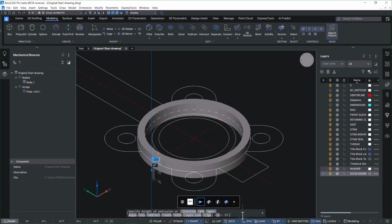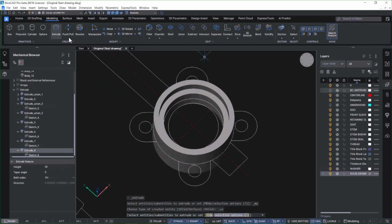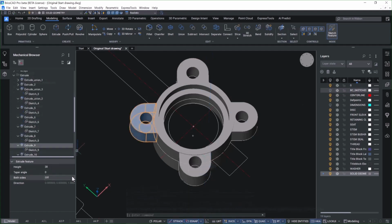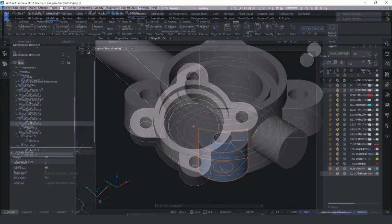So it's really quick to lay down 3D geometry in the modeling space. To work smarter, in V25, you can use multiple closed regions to create a single feature. You'll notice here these 4 tabs have been created in a single command. But the great thing is you get downstream benefits because they're all seen as individual bodies, which can be manipulated